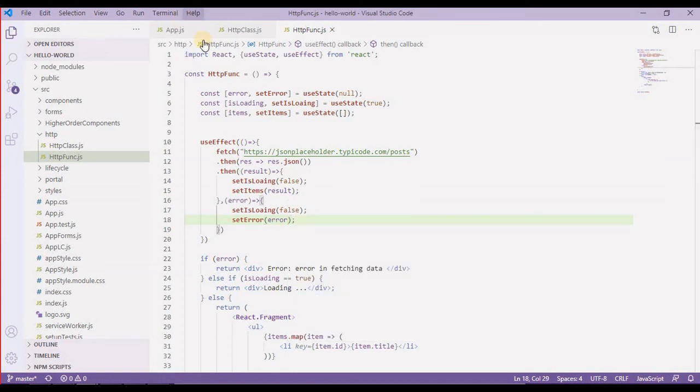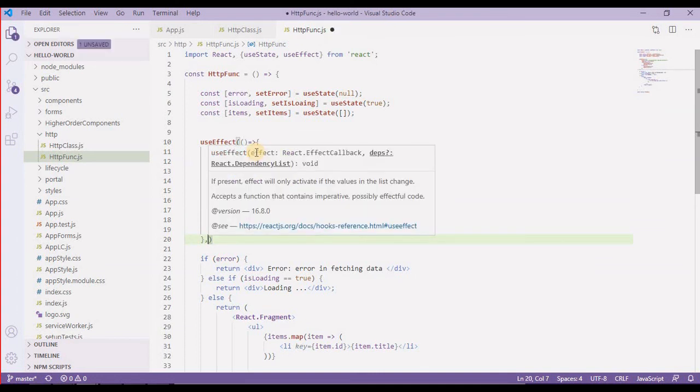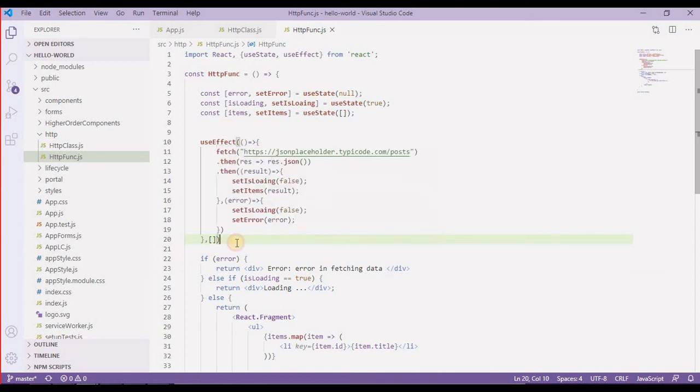Alright, now this is done in useEffect, and in the useEffect method we also need to pass an empty array over here. If you want to use this lifecycle hook again and again, like if there is some change of data, then you have to pass which data we are basically watching as it is being changed. So right now it is happening only once, as we are fetching this data only once, so we don't need to provide any item in this array, so let it be an empty array. Alright, so now it is done.